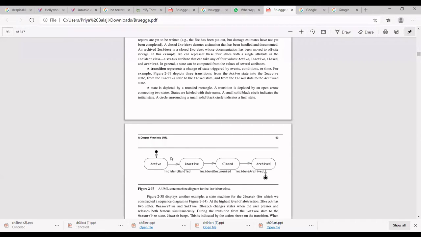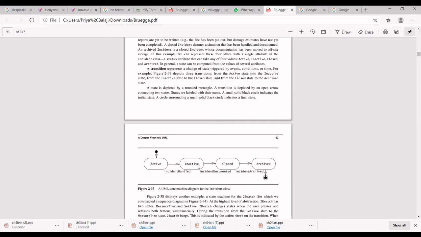When the active state goes to the inactive state, the incident is completed. The fire engine has put out the complete fire, everything is done, but the complete report has not been generated. Then the state goes to inactive state. It goes to the closed state once the incident is completed and the report is also generated.